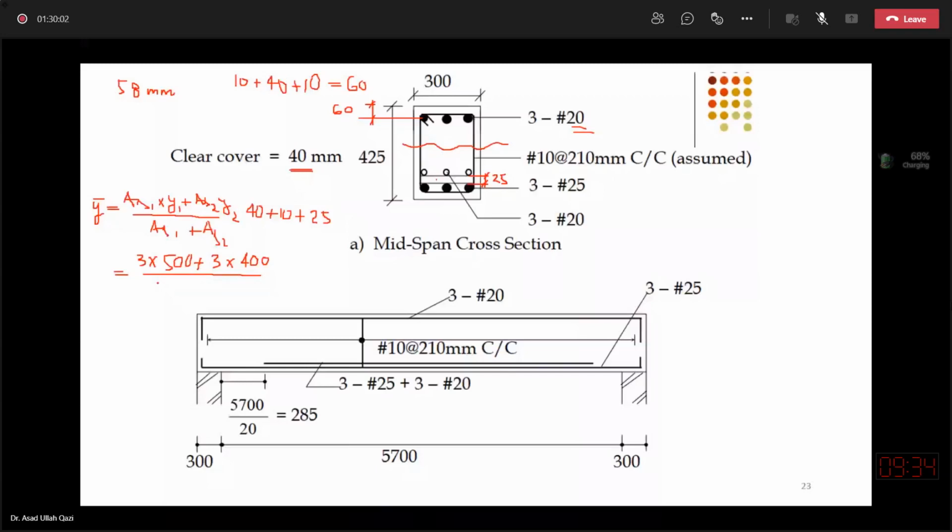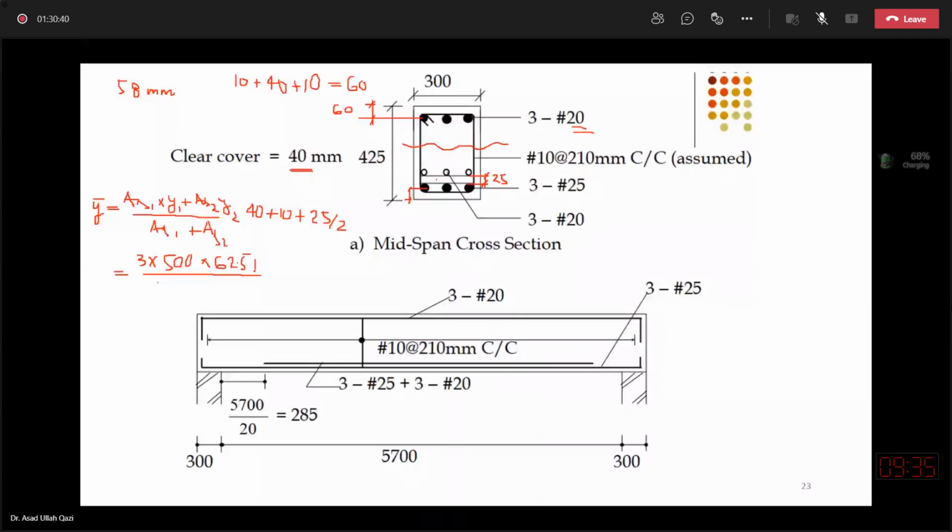Into y1 of the first will be 50 plus 40 plus 10 plus half of 25 by 2 to get the center of the layer from the bottom. So how much it will be? 62.5. So the first layer will have the distance from the soffit 52.5. Second layer 3